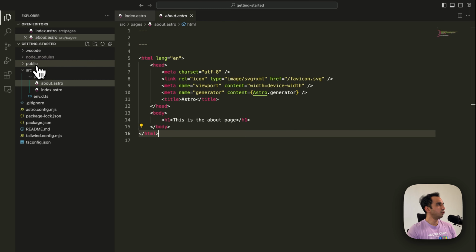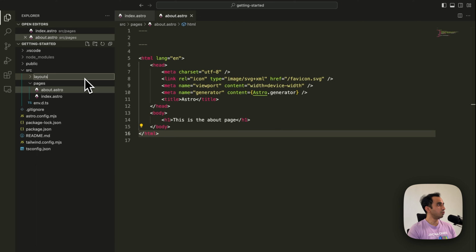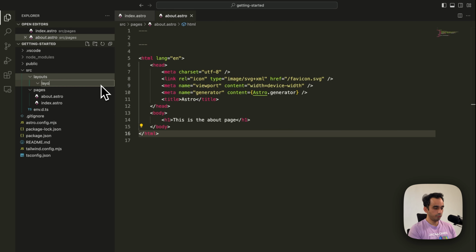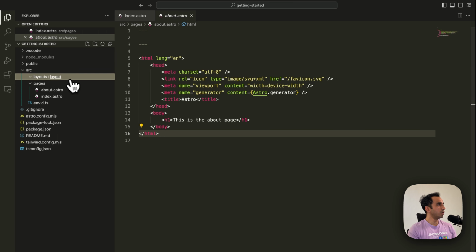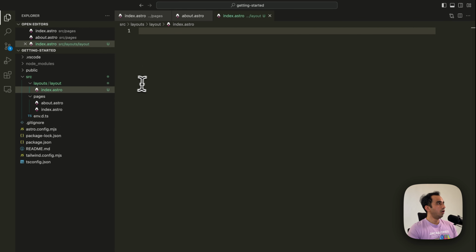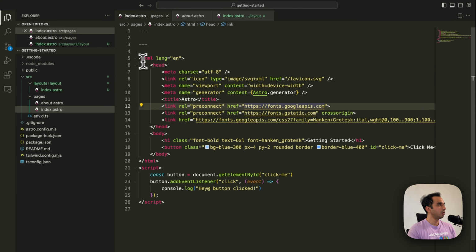So what I'm gonna do is create a folder and call it layouts. In the layouts, I'm gonna create another folder which is layout and an index file. In this layout, I'm gonna just copy paste this HTML